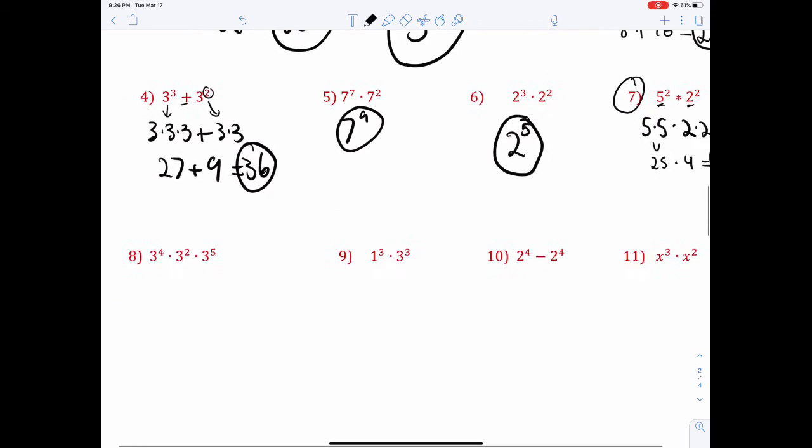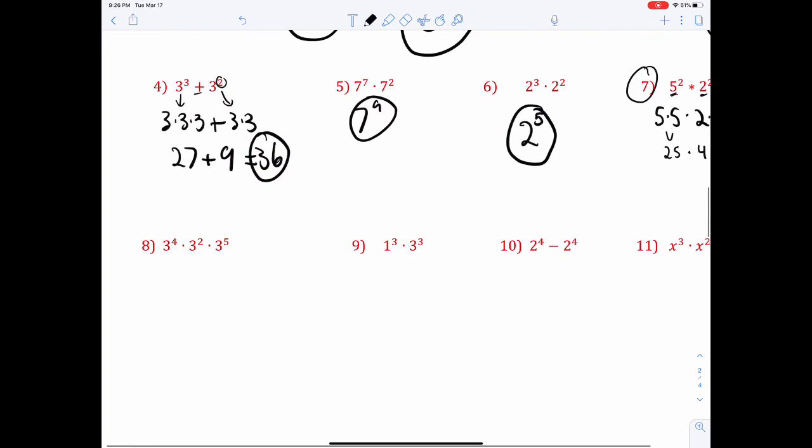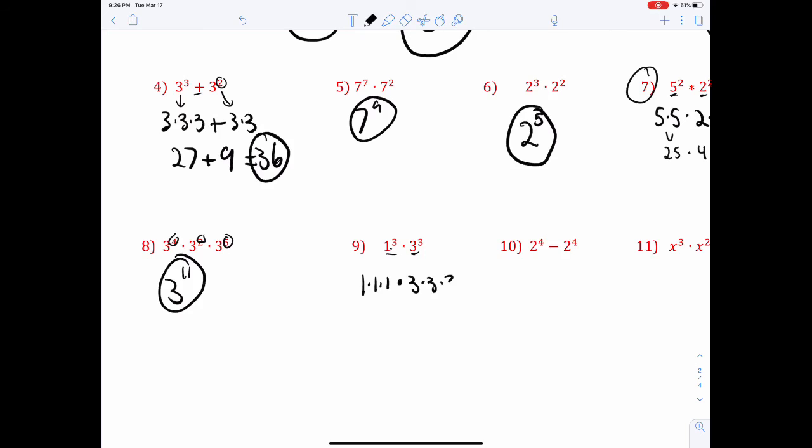Okay. These ones down here. 8 was a little tricky. You're just going to add all these numbers up. So 4 plus 2 plus 5. That will give us 11. 3 to the 11th. 1 cubed times 3 cubed. Careful. These are different bases. Can't do the rule. So we're going to do 1 times 1 times 1 times 3 times 3 times 3. All that will just come out to 1 times